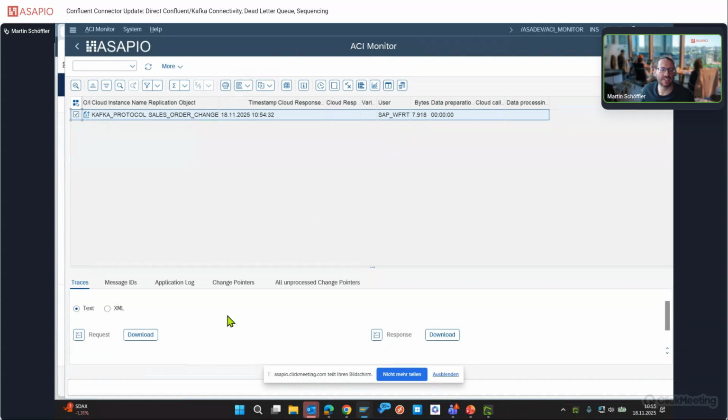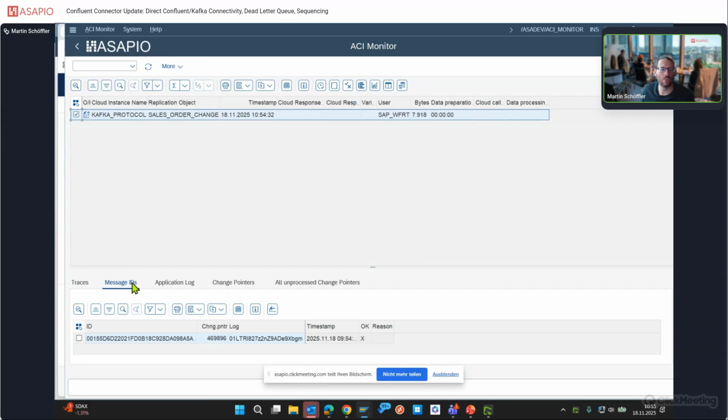And you might notice there are some differences, and it's because with these different protocols there's no request response cycle. And therefore the normal place where the cloud response occurs doesn't show up here, but it is a new place where you can view the message IDs, and it will show here what was the response from that